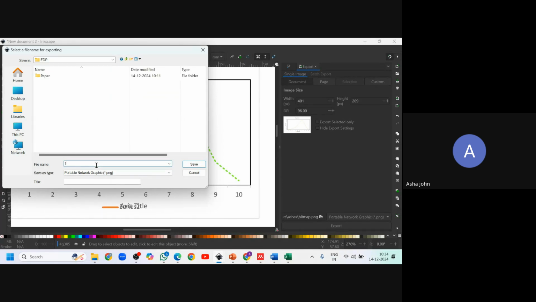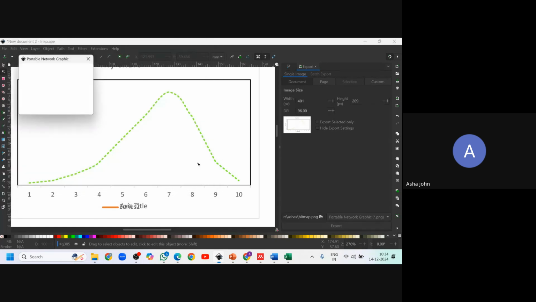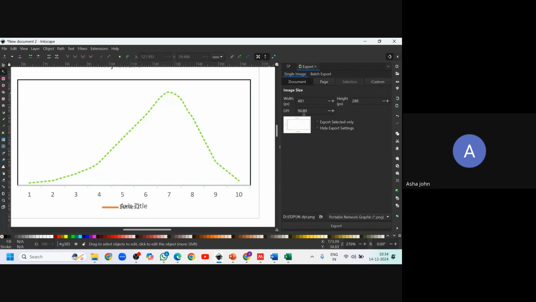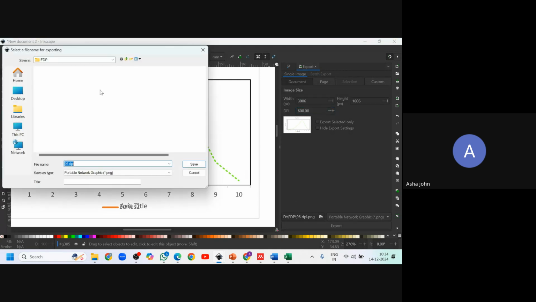This is one with 96 DPI. Okay, I've exported that. Now I'm going to change this DPI to 600, and again I'm going to export this. 600 DPI.